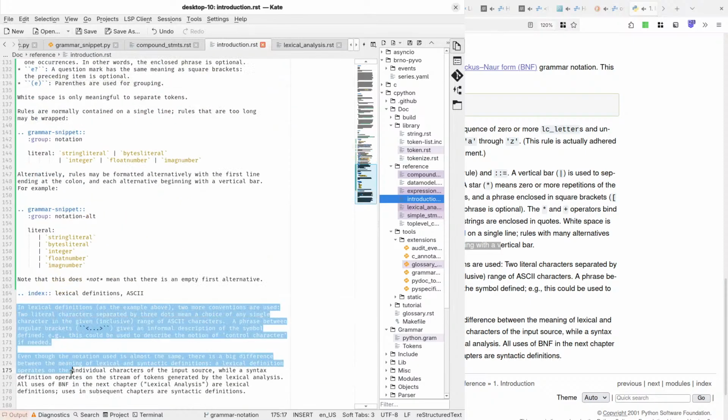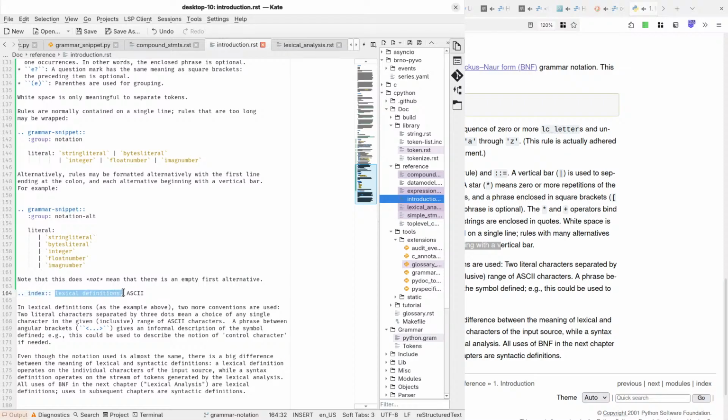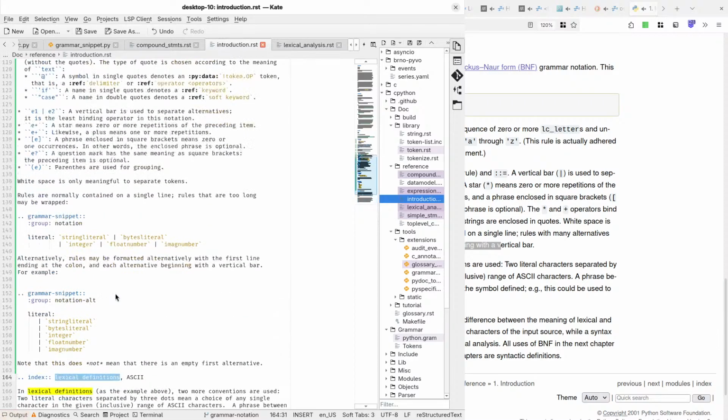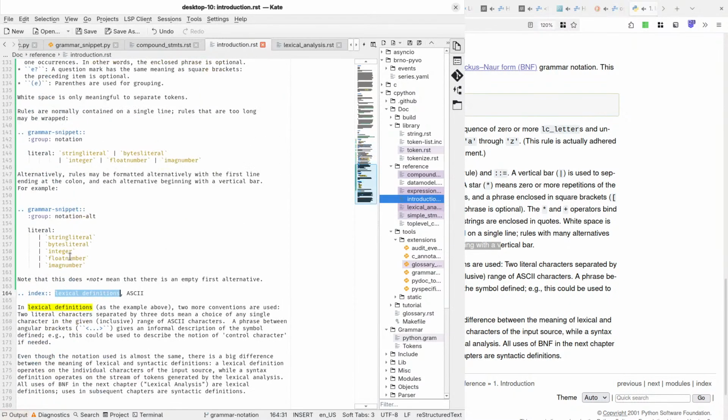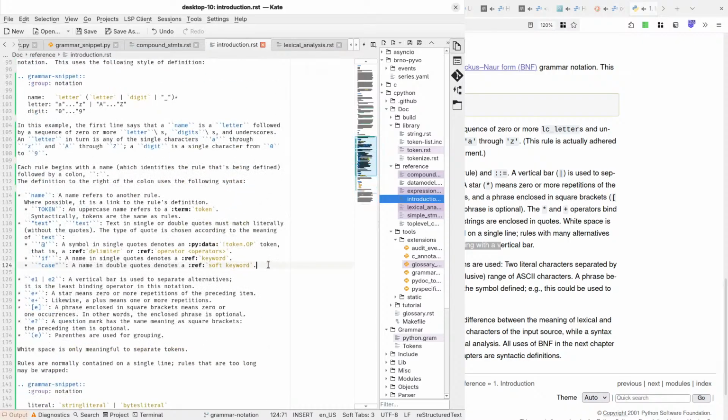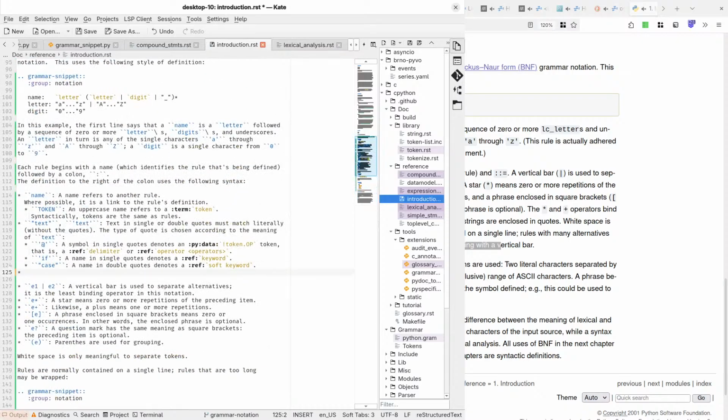Let's go on. I probably want to put the lexical definitions together with these. So this one is this.